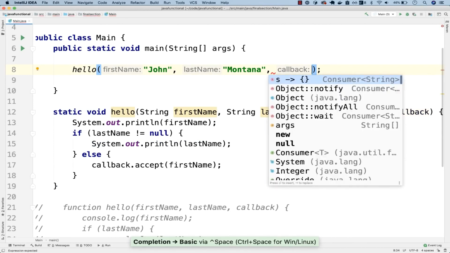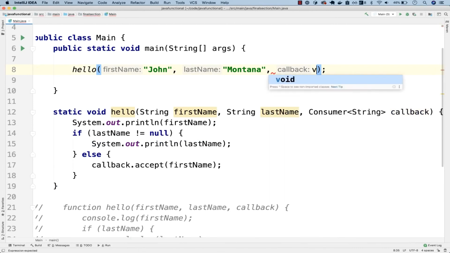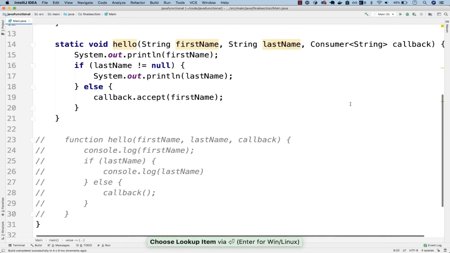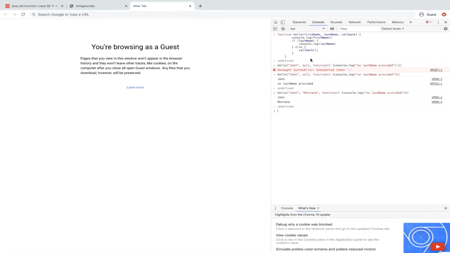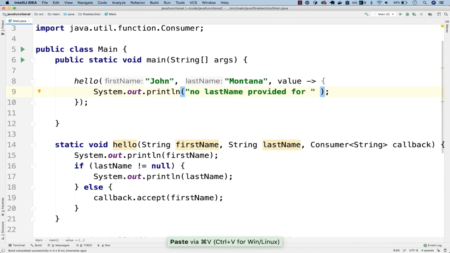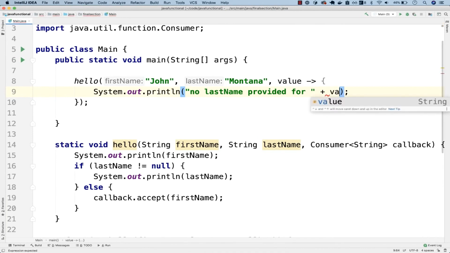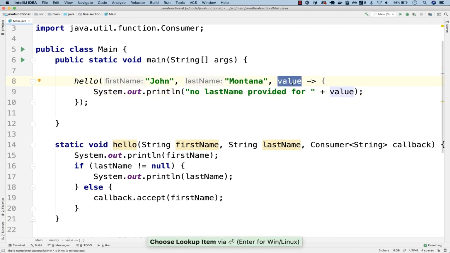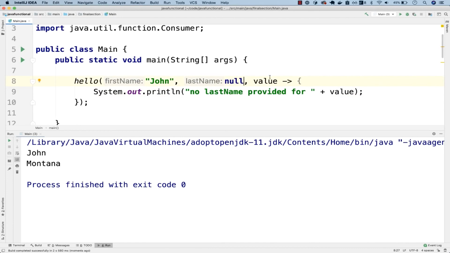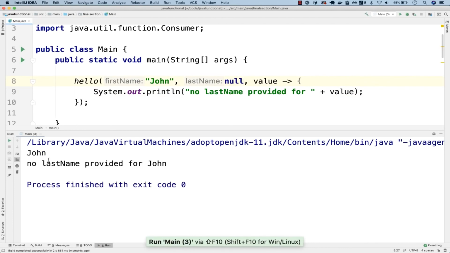So right here, we'll have a callback that takes a value, and the value will be the actual first name. It doesn't matter. And then we will do something with it. So right here, sout, and then what did we have? We said last name not provided. So let's do the same here, and then plus John, and then value. You could even change this to first name if you want, but I'm just going to leave it as value. Now if I run this, you see that we have John Montana. But now watch this. If I pass null right here and then run, there we go, no last name provided